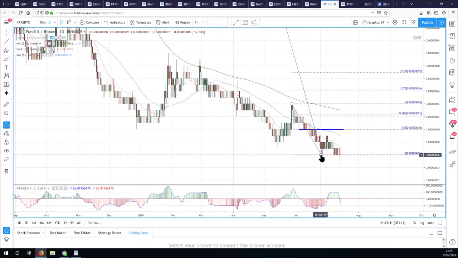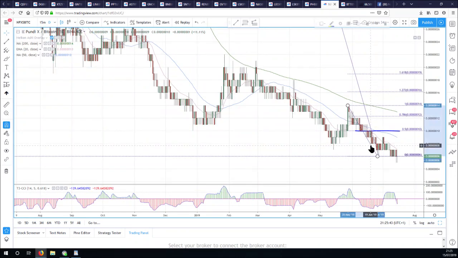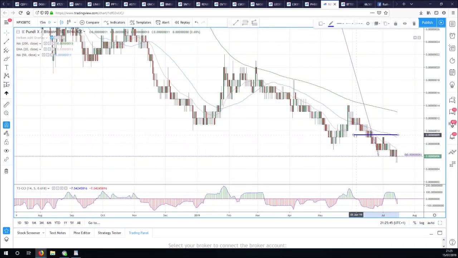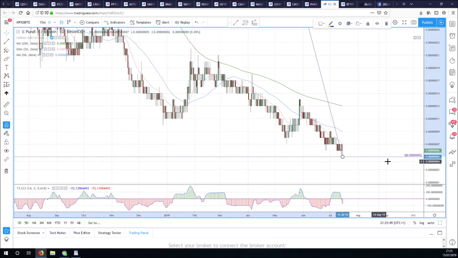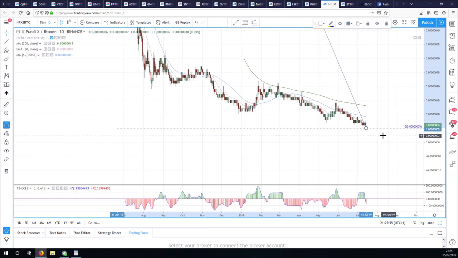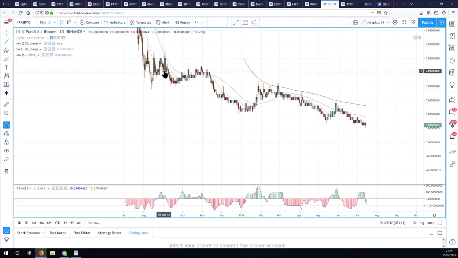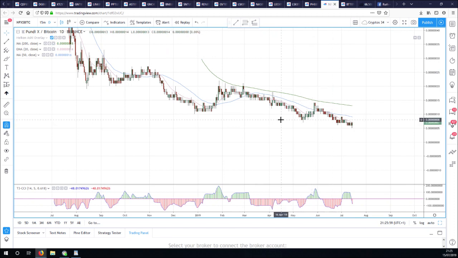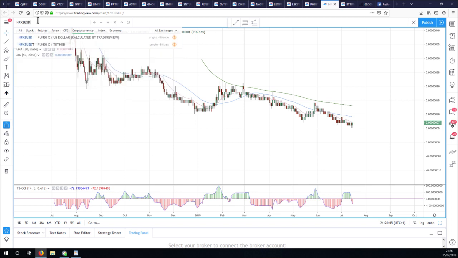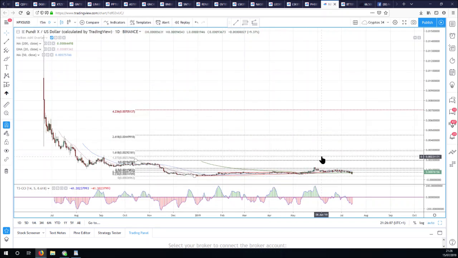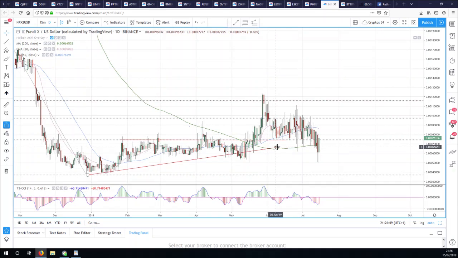NPSX. Now, this is Pundi Bitcoin, which I hate this chart because they're fat ticks, because it's such chunky numbers, 5, 6, 7. And this is a daily chart. I much prefer to look at this against the US dollar. So I'm going to do that because it kind of looks like we're holding the lows, but it really doesn't mean very much. So Pundi, US dollar. It's a bit easier to see where we are, isn't it?